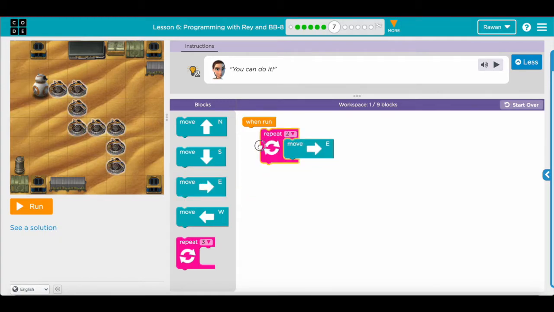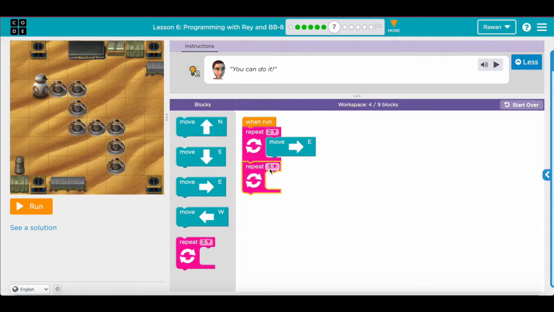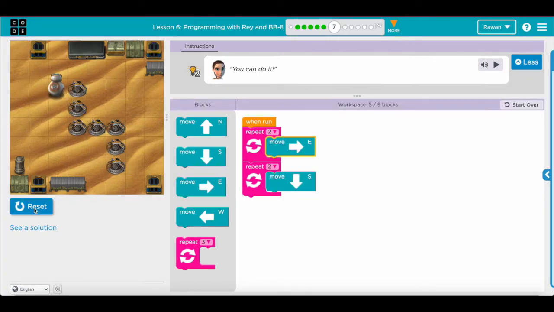East, and then another time. So 1, 2, and then over here we need to go down. 1, 2. There you go. Now if I run it,